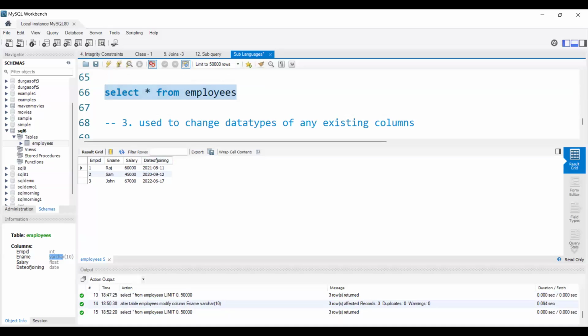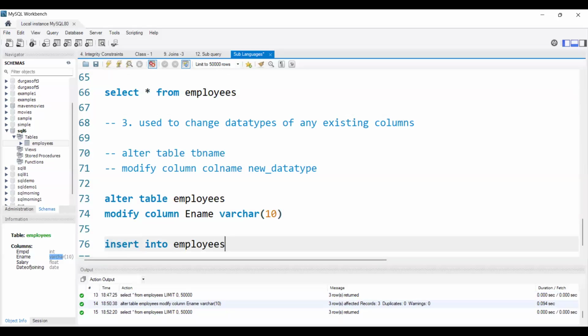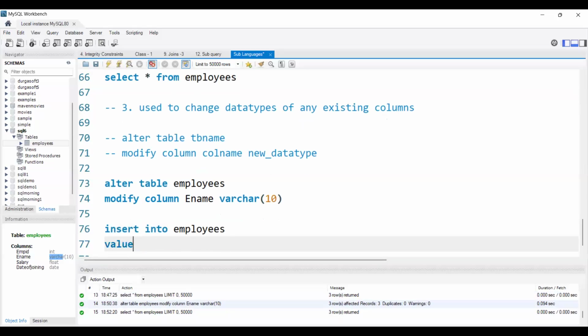Whenever we want to insert more rows, we will use the insert command again. Insert into table name, we give values as a keyword, and we insert data in the same sequence. First, employee ID, I'm giving it as 4. Next, employee name, maybe I'm giving my name itself, comma, salary, I'm giving 60K. Date of joining, randomly I'm giving some